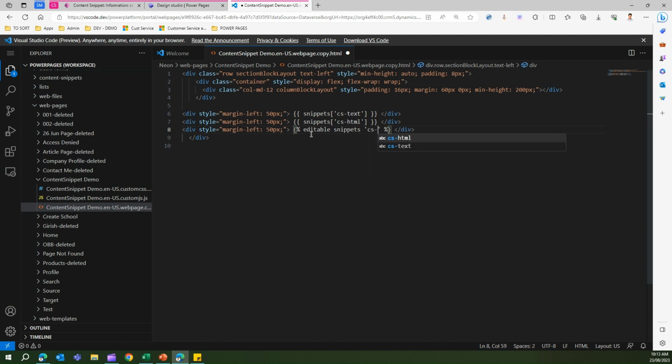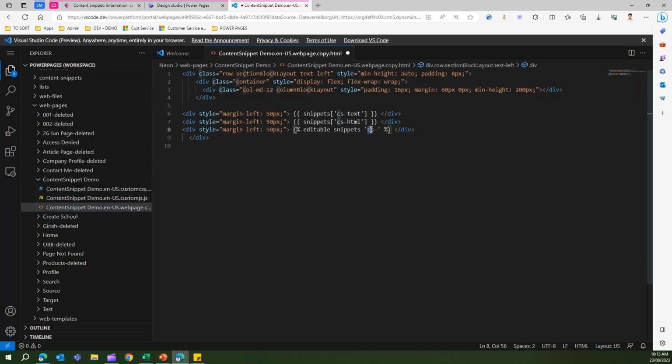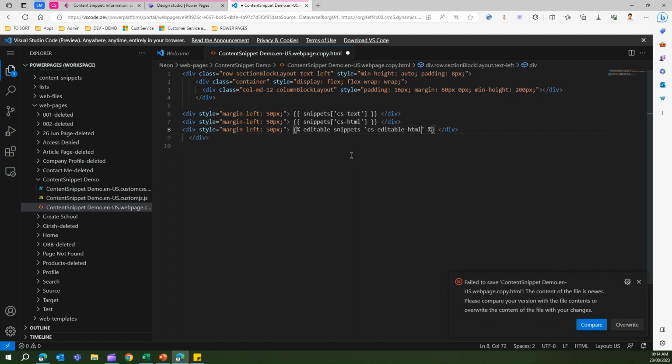The name was cs-editable-html, I think. So let me copy this and paste it over here. Cs-editable-html. So now this is the syntax to make it editable. Let's see what happens. I save this change, and